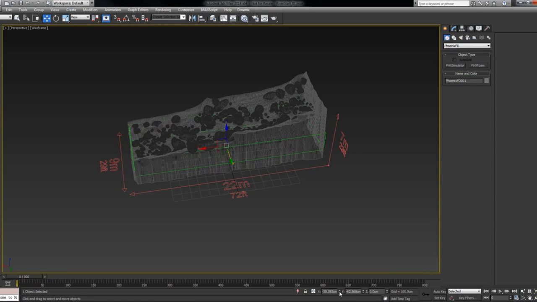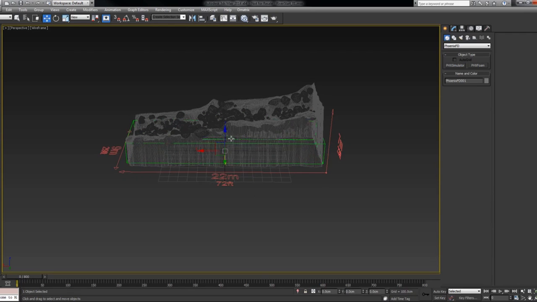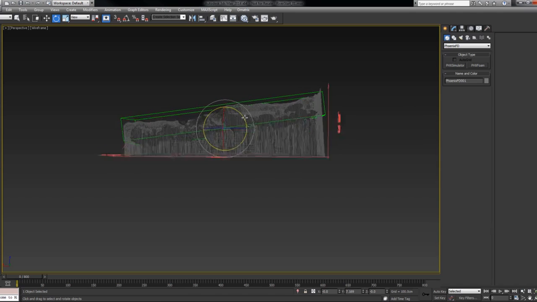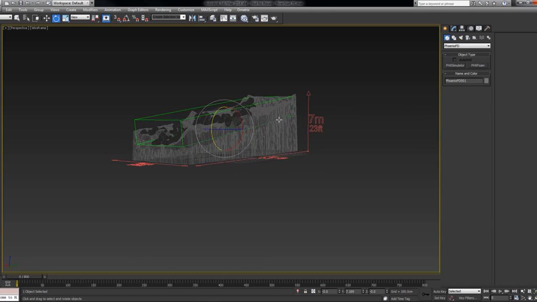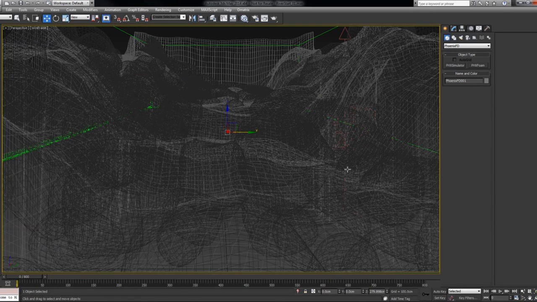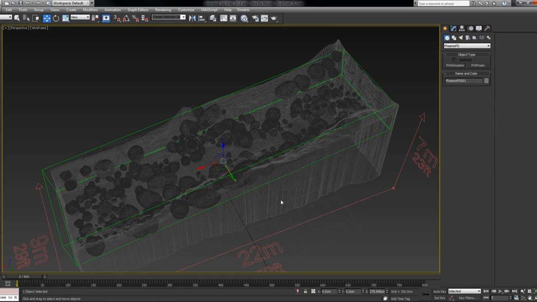And I'll center it on the X and Y and move it up. Okay, and I'll rotate it so that I get relatively the same angle as the riverbed. Maybe slightly downwards. Okay, so this is our simulator,